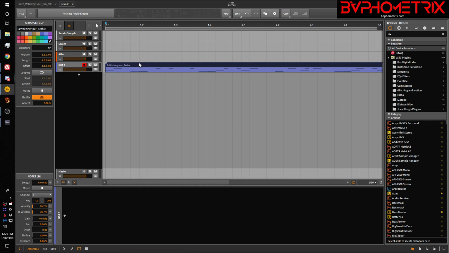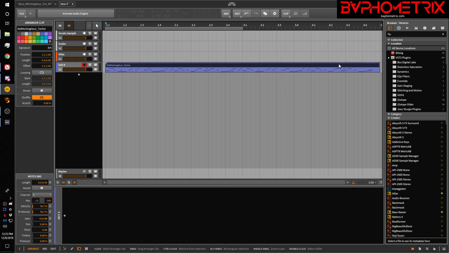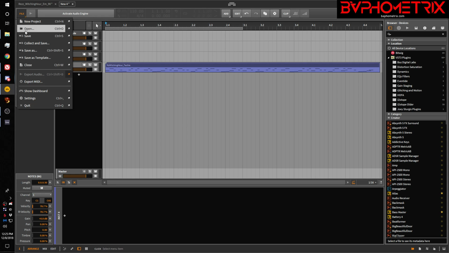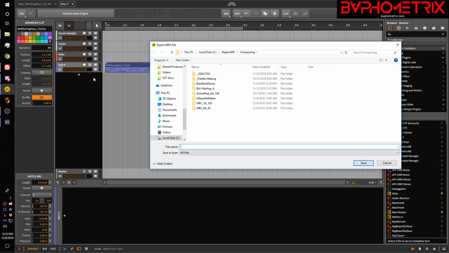So now we have this MIDI clip here. It's a 4-bar MIDI clip. It's only that one MIDI clip. It's the only MIDI clip in this entire project. Doesn't matter what the recording state is or not. So since I have only one MIDI clip in this entire project, when I do File, Export, and I call